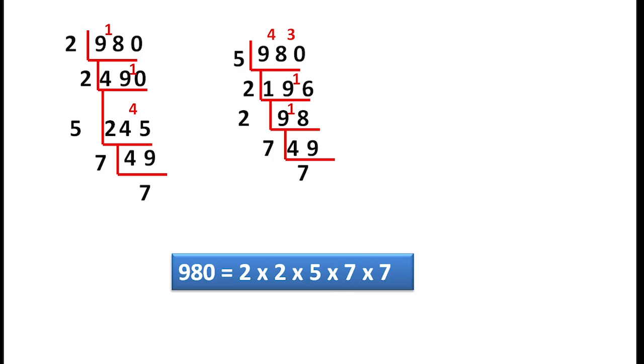Order is not an important thing. We will get the same numbers. How many times it has come, that same number of times will come. We can do it any way, any prime number we can select for dividing, but the same prime factorization we will get. Order is not an important thing because it is multiplication, product of prime factors, and multiplication is commutative. So we can arrange in any order, and prime factorization of a number is unique.